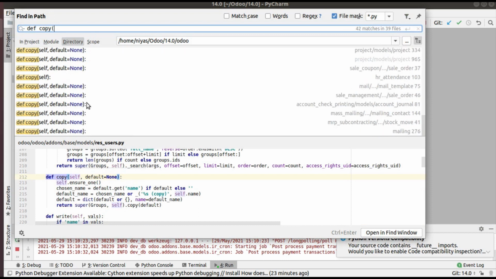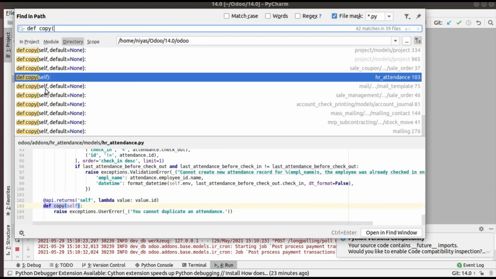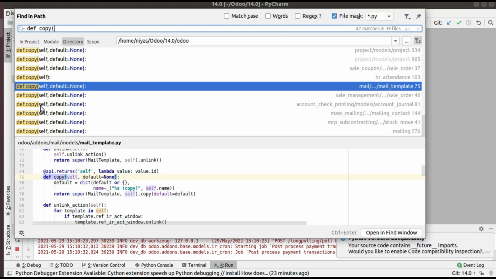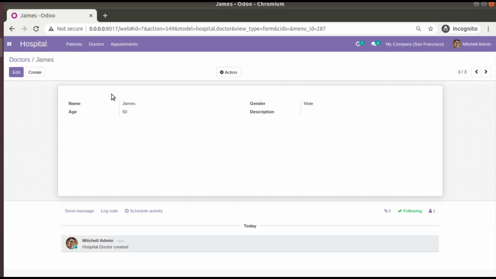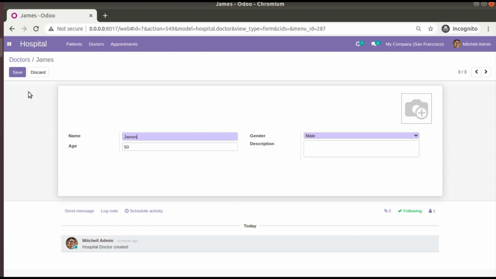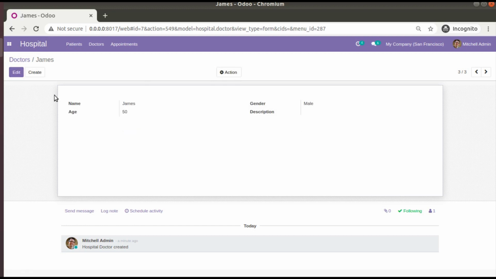The function executed on clicking duplicate is the copy function. It will copy all the fields for which copy equals true is set, and it will create a new record. Let's see how we can override the copy method in Odoo.